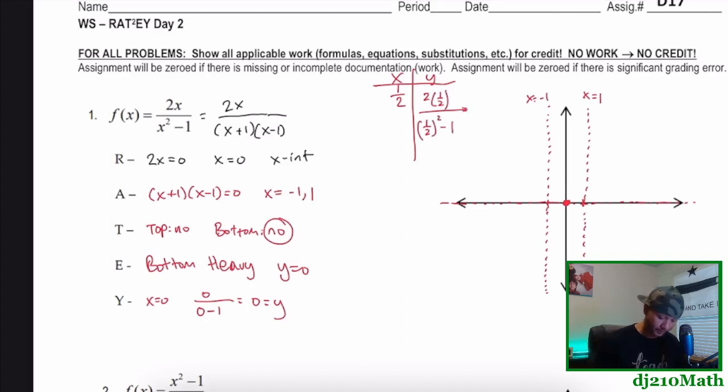All right. So 2 times 1/2 is 1. That's nice. Over 1/4 minus 1, which is basically 1 over